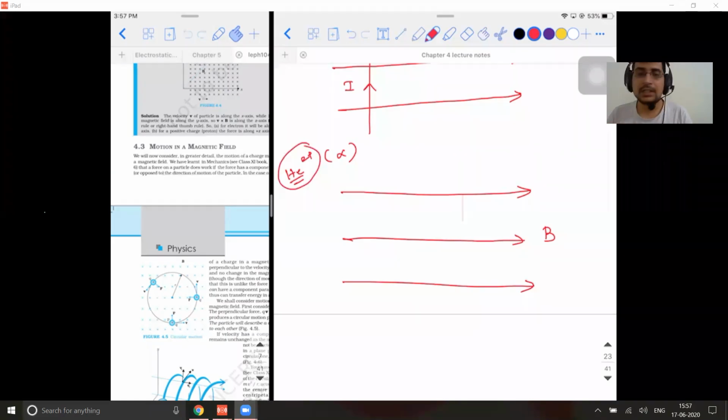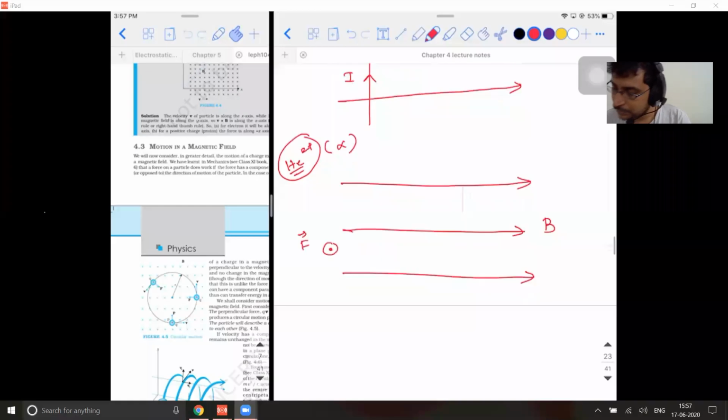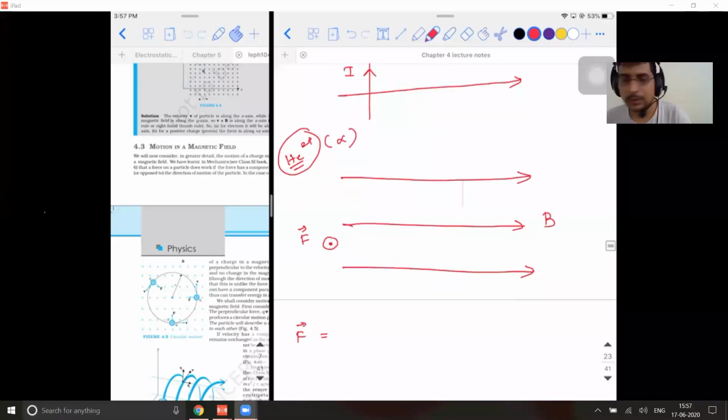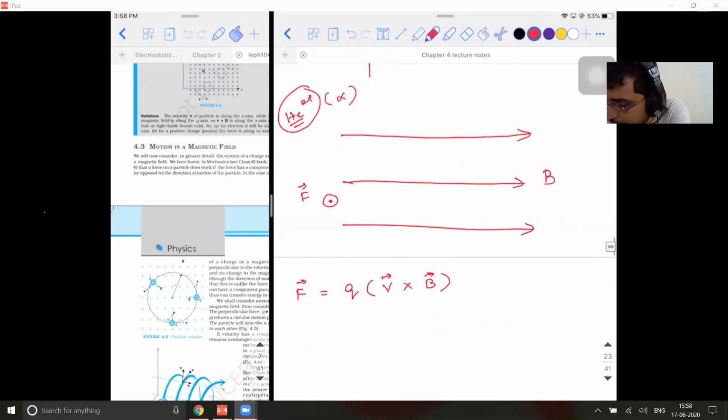I'm saying the alpha particle should experience a force in the direction of k cap. I want the alpha particle to move towards me. So anything towards you is like this. So I'm saying this should be the direction of force. Now I'm asking a question, in which direction should this particle be projected? Minus j cap. How did you find it out? Minus j. So F vector will be equal to, so you people can again go with this concept. Since it's a positively charged particle, let us take it as Q into V vector cross B vector. So what should be the direction of force that I'm expecting?